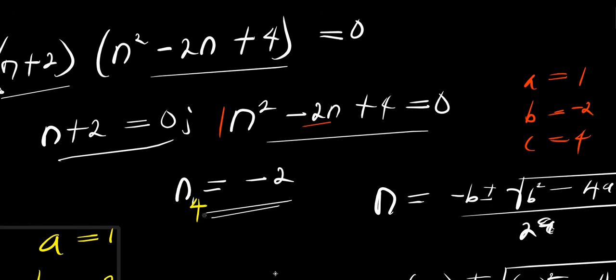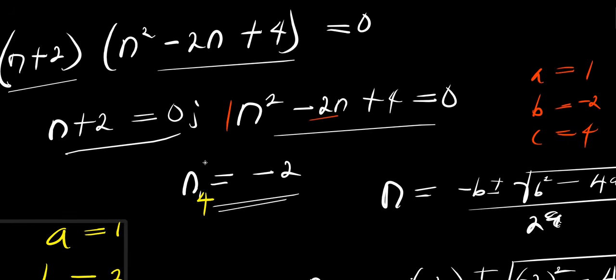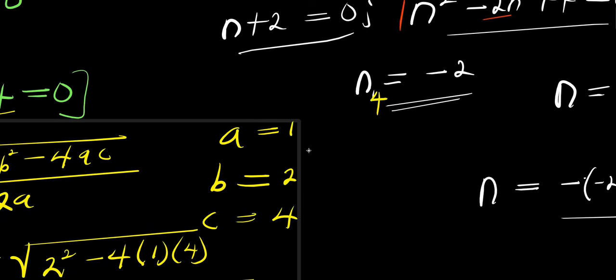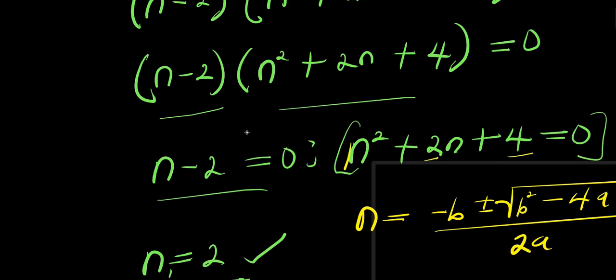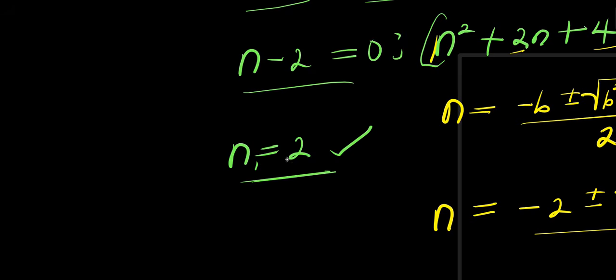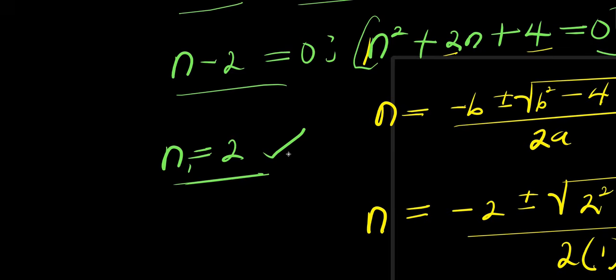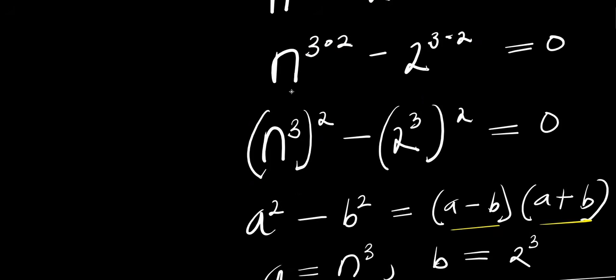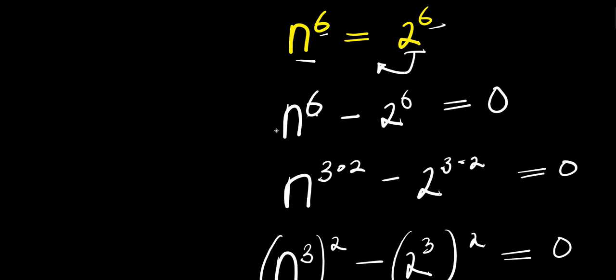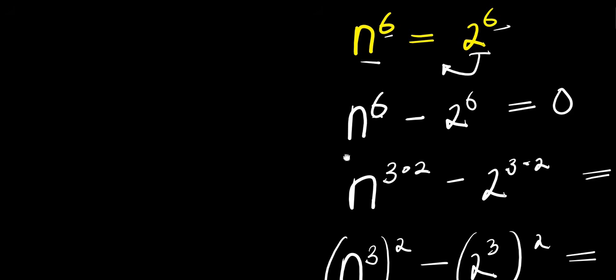It should be n4, because we have gotten n1, n2, n3 from this other equation. Look at it here. This was our n1, which is 2. So in total, we have 6 different solutions, which are,